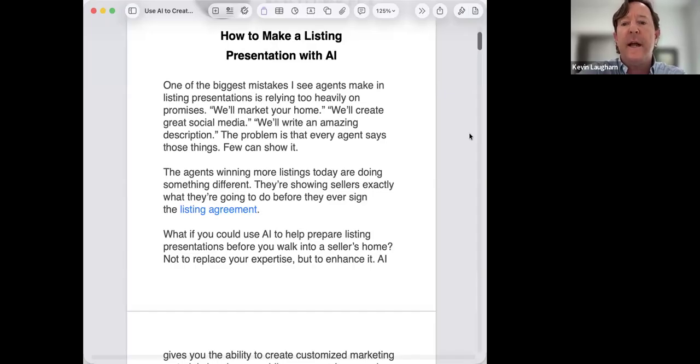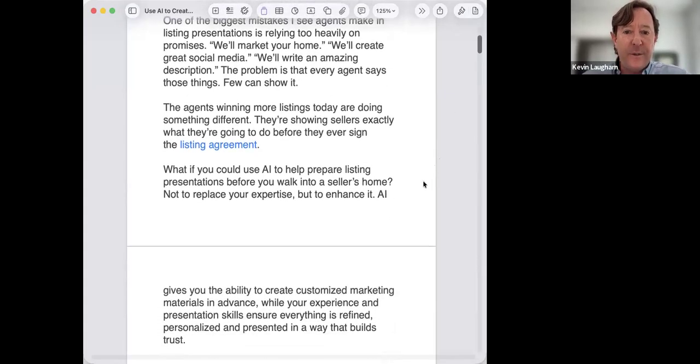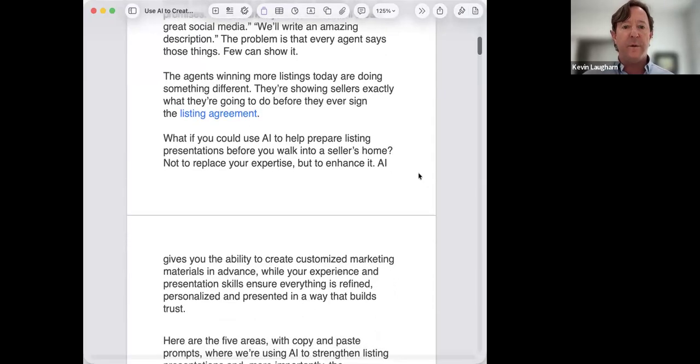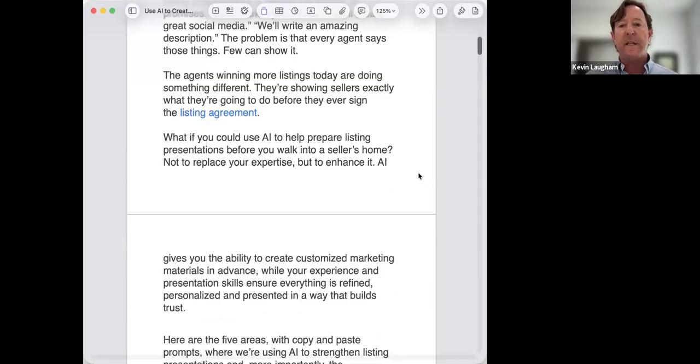And it's cool. I know a lot of agents use what they've done in the past in other listings, and that's great. But these days, we can go into a listing presentation and we can show them exactly what it's going to look like with their home. We can make a listing description with their home. So you can show them exactly what you're going to do with actual concrete stuff that is their house. That really ties them in. When you use something that's specific and dear to somebody, that always makes somebody feel good,